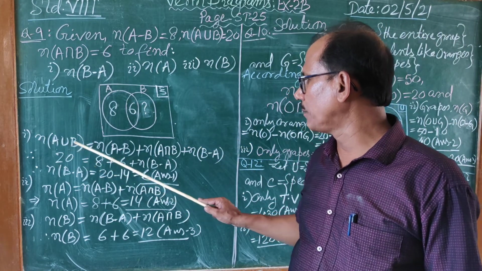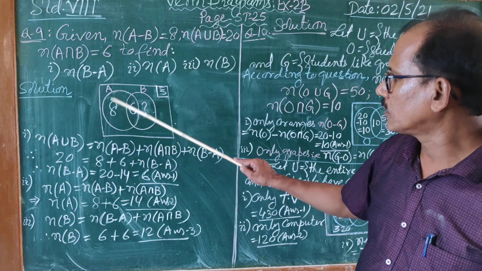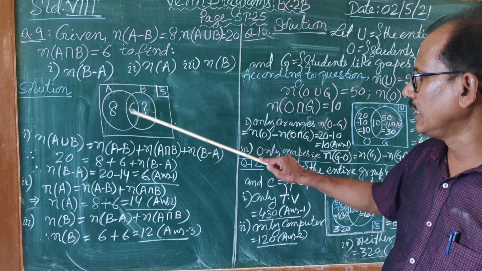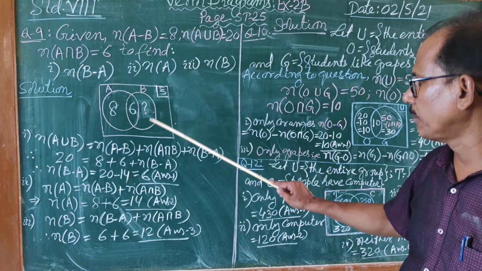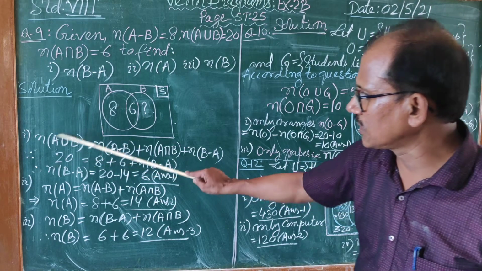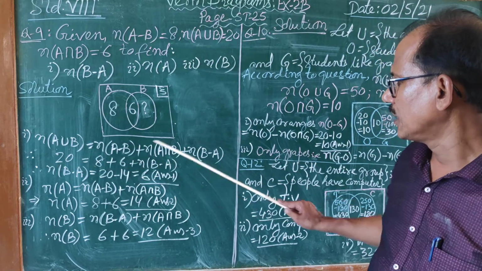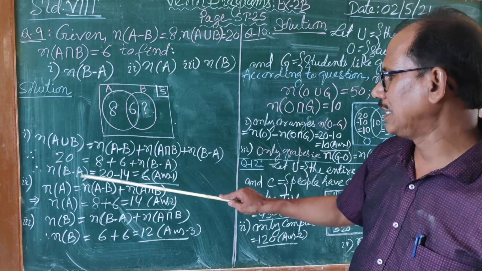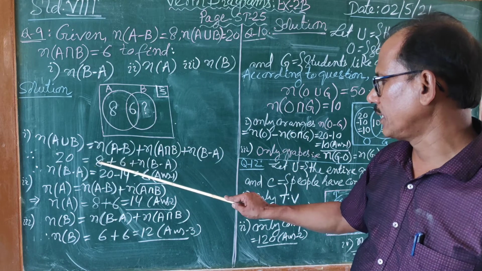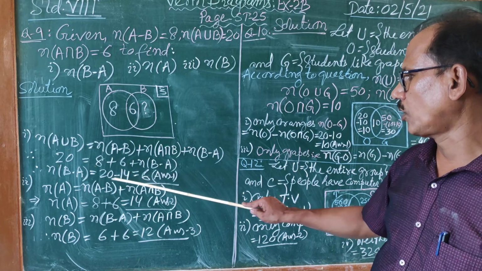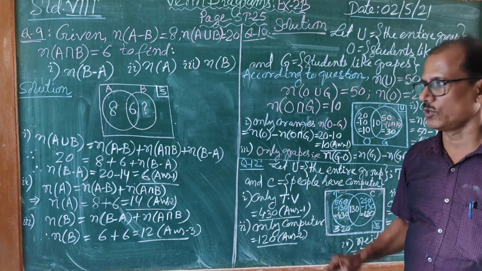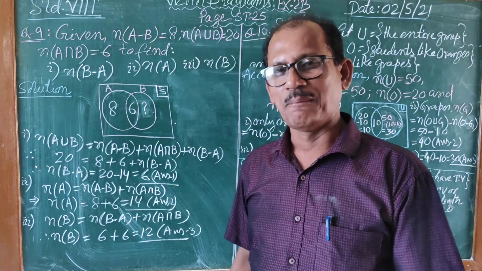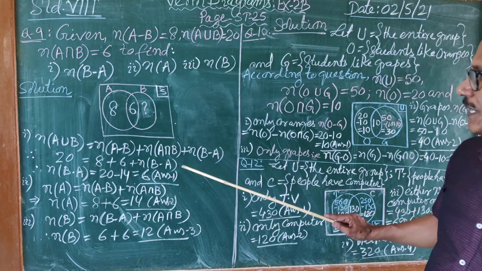A union B is equal to the total, equal to n(A minus B), this one, plus n(A intersection B), this one, plus n(B minus A), this one. Could you understand? This is given to you as 20, this is given as 8, this is also given as 6. Therefore, this is a very simple linear equation. This one will be 20 minus the sum of these two, that is 14. So 20 minus 14 is 6. I hope it is very clear to you. Once you draw a diagram, I don't have to explain much. Explanation is difficult, but solving is easier, isn't it? Now, okay, fine.